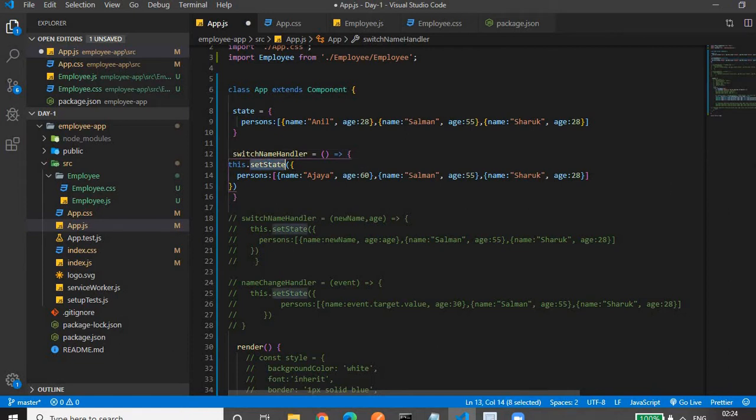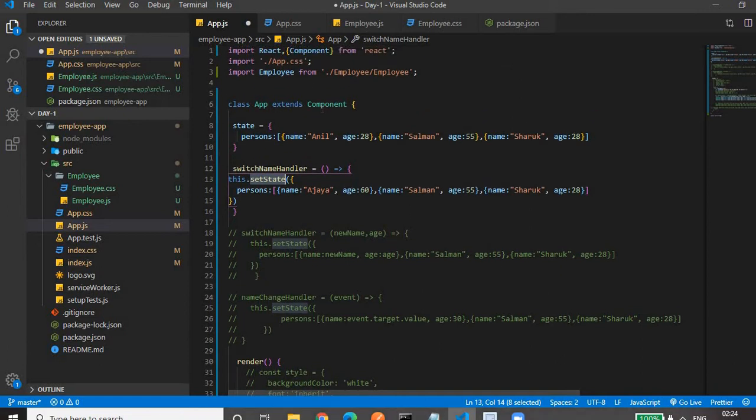These are the functions which are available in the component object. That's why we have extended the component. This setState will also take an object, then we will modify our state. Initially we have person state having 3 objects. Now we have a person state with 3 objects, but the first object's name and age are different. So we are modifying the first object, first employee or first person.